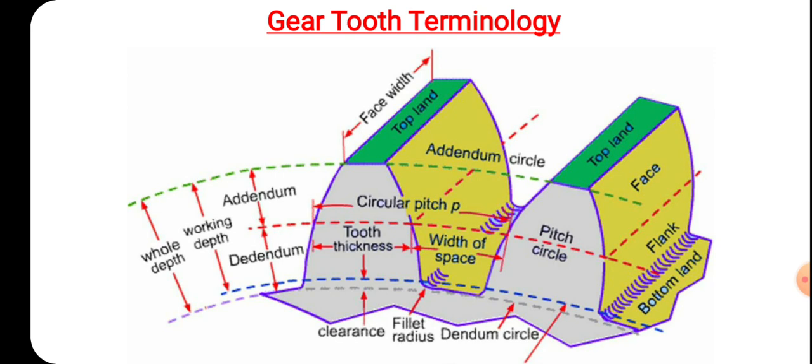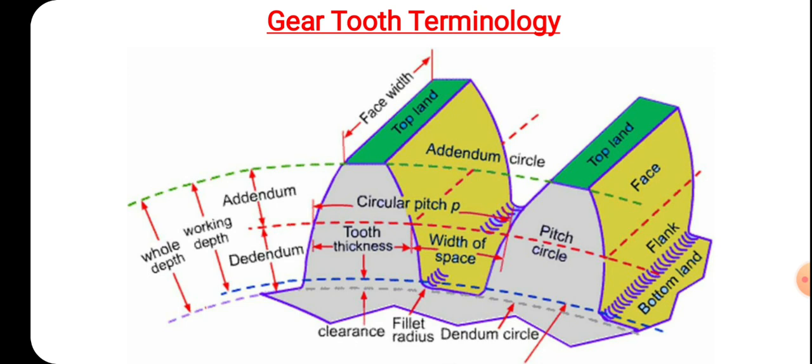Addendum. It is the radial distance of a tooth from the pitch circle to the top of the tooth. Then dedendum. It is the radial distance of a tooth from the pitch circle to the bottom of the tooth. Then addendum circle. So it is a circle drawn by the top of the teeth and is concentric with the pitch circle. As well as dedendum, it is through the bottom of the teeth and also concentric with the pitch circle. It is known as root circle. So the formula for this one is pitch circle diameter into cos phi, where phi is your pressure angle.